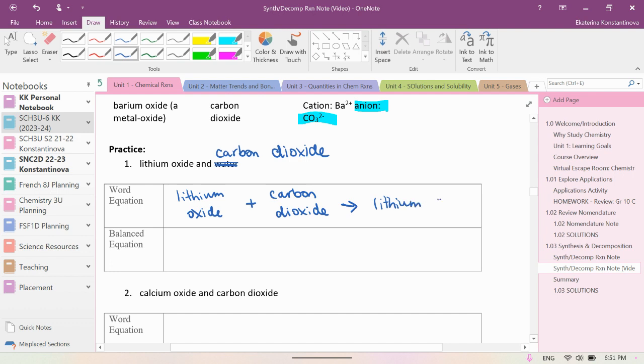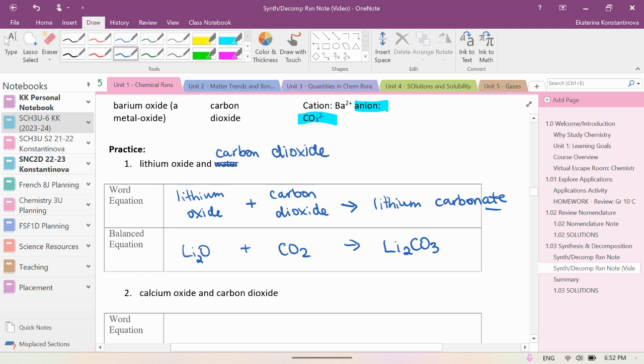And then carbonate is our anion, our polyatomic. So let's write out the balanced chemical equation. Lithium oxide: oxygen has a charge of 2 minus, crisscross the charge, lithium has a charge of 1 plus, so Li2O plus CO2 will produce LiCO3. CO3, carbonate has a charge of 2 minus, so it's